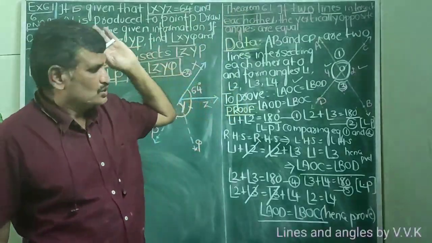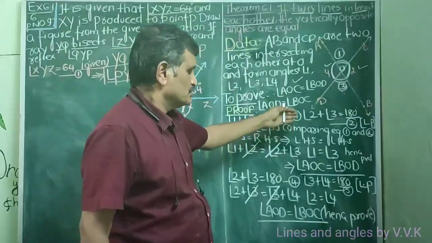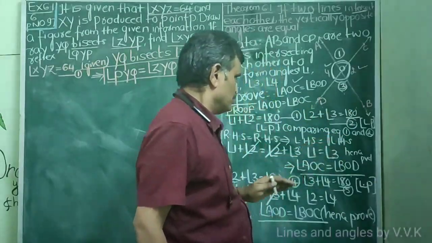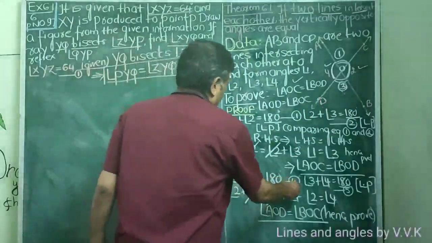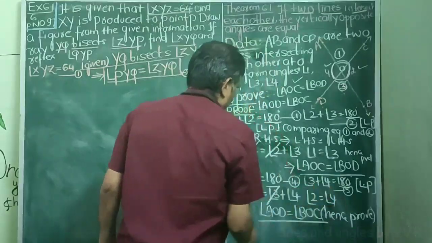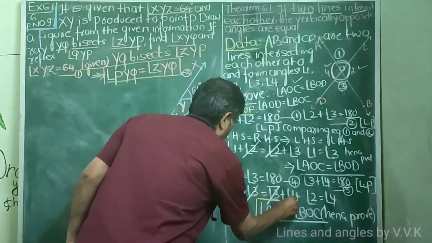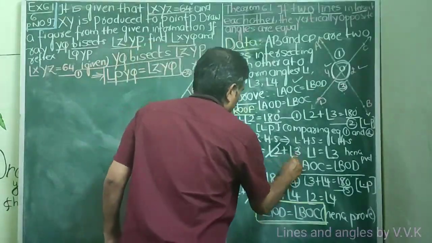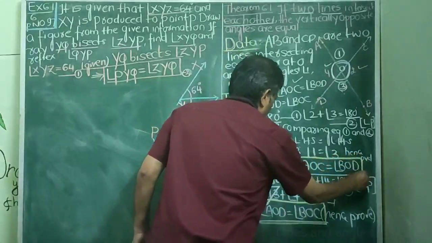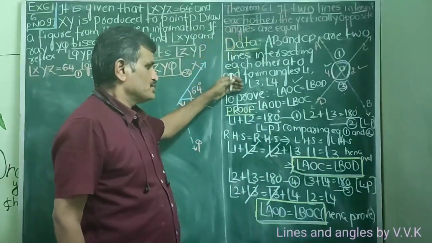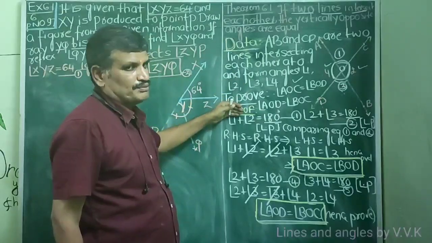So this is the first evidence, this is the second evidence, then with the help of these two evidences you have proved this one. So again this is the fourth evidence, this is the fifth evidence. With the help of these two evidences you have proved this theorem. So proof is nothing but whatever you take as equations and prove it, that is the proof. So this is what I have proved. So the first step is data, next step is to prove, and the third step is proof.